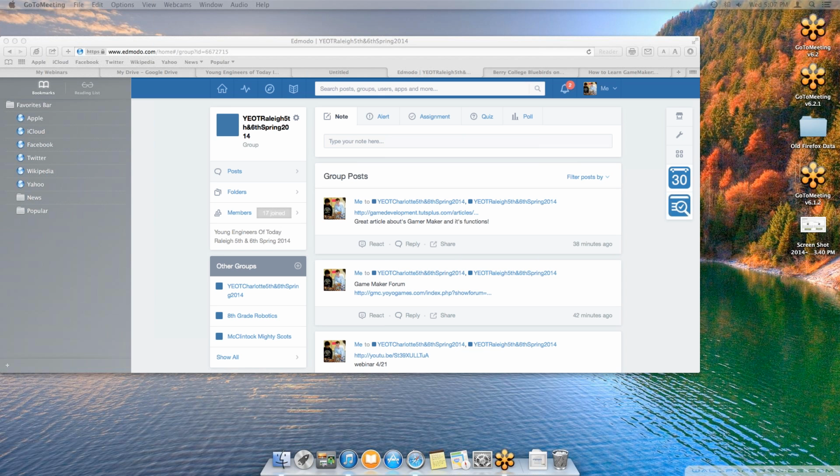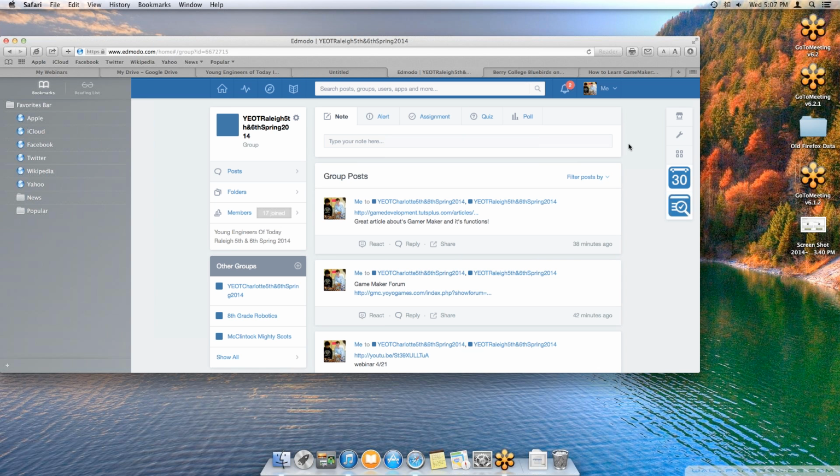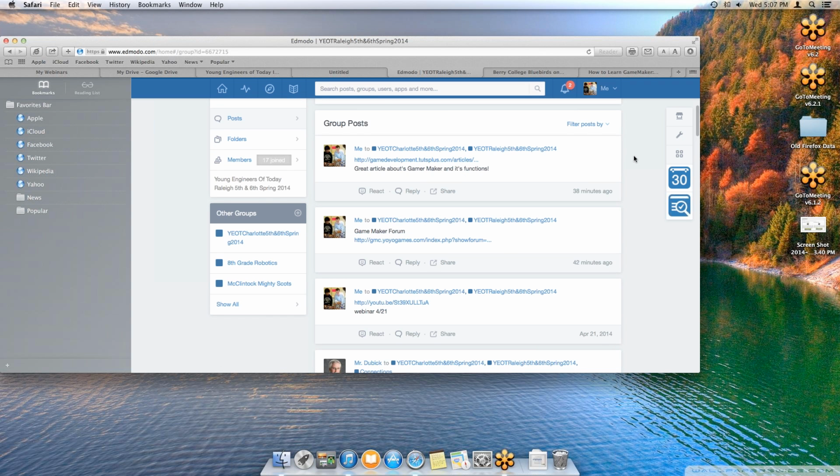Now, before we get into a presentation, I want to show you a few things I posted in Edmodo. First, I found a great article about Game Maker and its functionality, with a different overview. It shows a lot of specs, some things that are really good for it and things that are not. So if you're getting really into Game Maker and possibly want to purchase it, or even do more on your own, especially this summer,